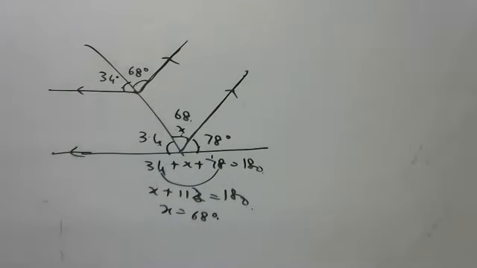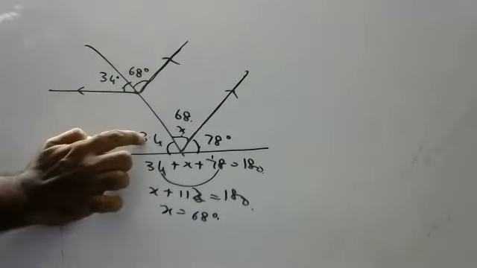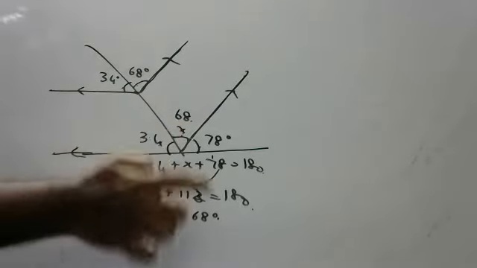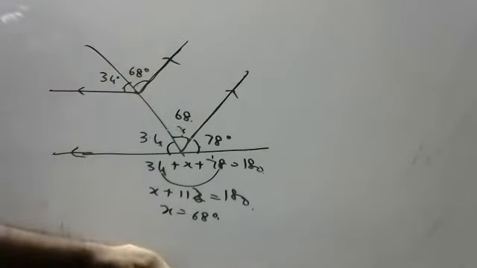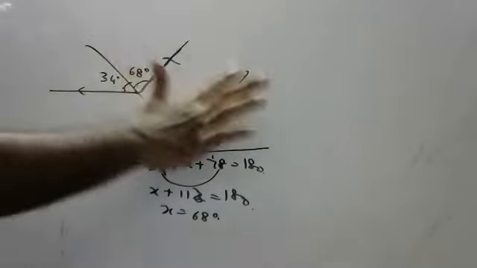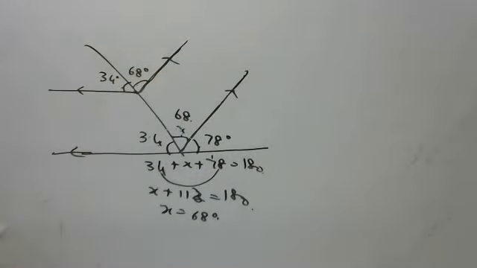Well, all angles we found out. I don't know what they asked, but I found out all. If this is 34, this is 34, corresponding. And this I found out using straight angle or linear pair. If this is 68, this is also 68 because corresponding, because these both are parallel lines. Only if parallel lines are there can you say corresponding angles. Simply, I can't say it. Okay. Go to next.